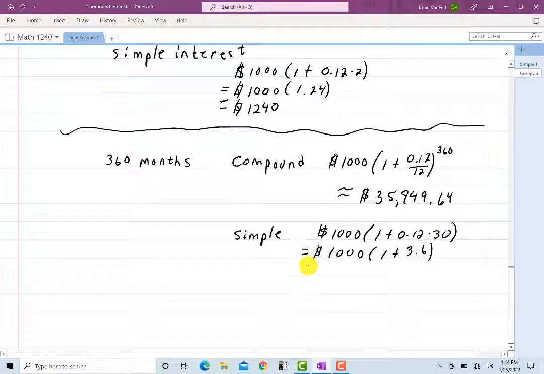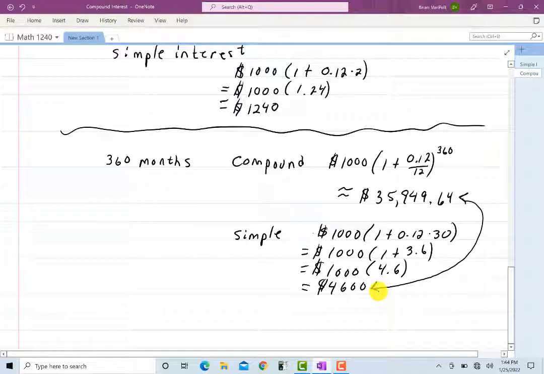So that'll equal 1,000 times 4.6, and then I'll go ahead and move the decimal over, 4,600. And let's take a look. 4,600 versus